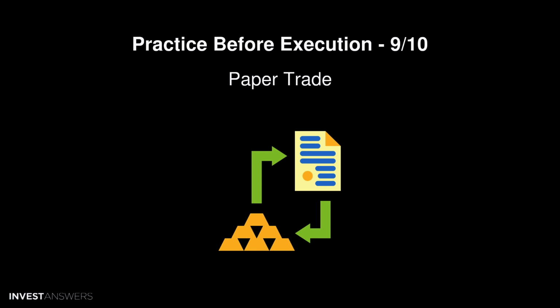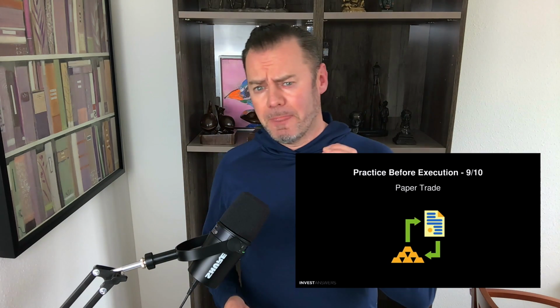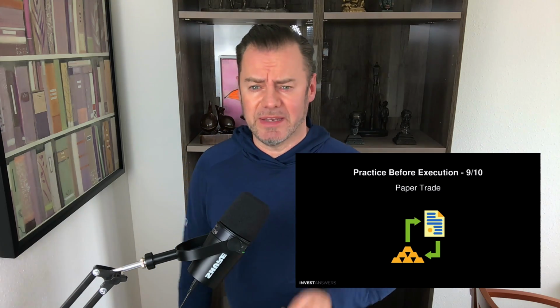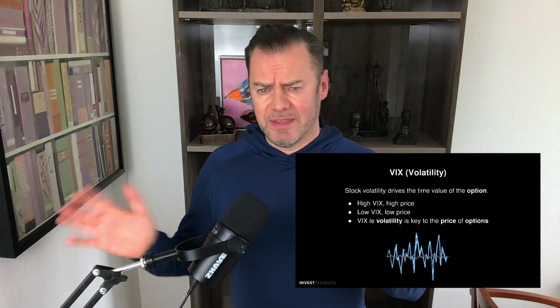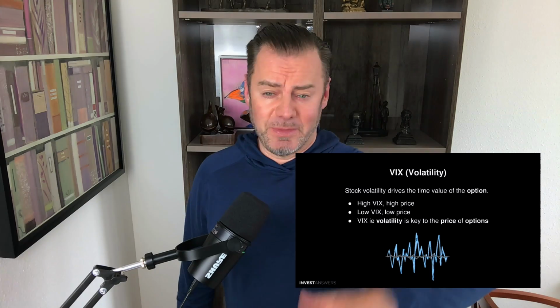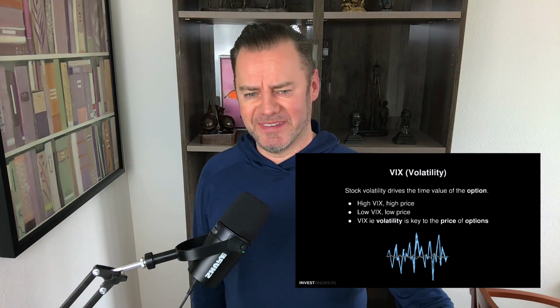Before you do any of that, make sure you paper trade, you practice before you execute with real money. Again, this is very tricky. One little mistake and you can lose everything. So what I would like from everybody is to practice and find a way of winning 9 times out of 10 before you start playing with real money, because this is very dangerous. And remember, 90% of options actually lose money. So be careful of that. You don't want to be in that 90%. You want to be in the 10%. And that's what my job is, to help you do that.